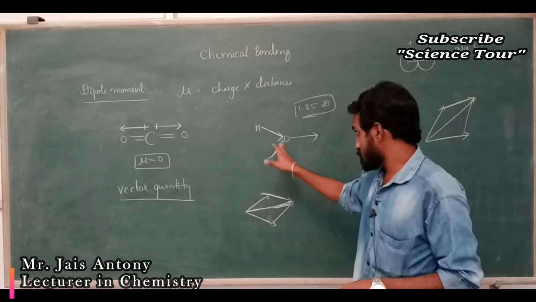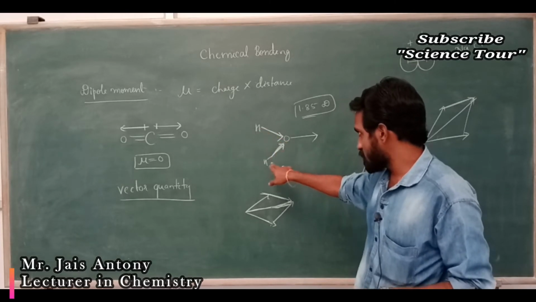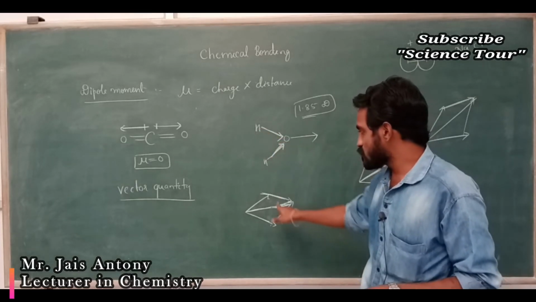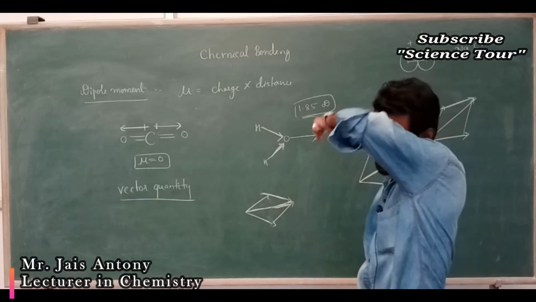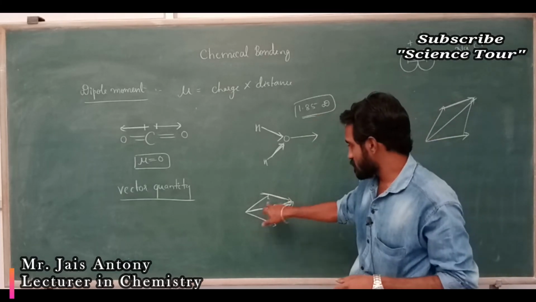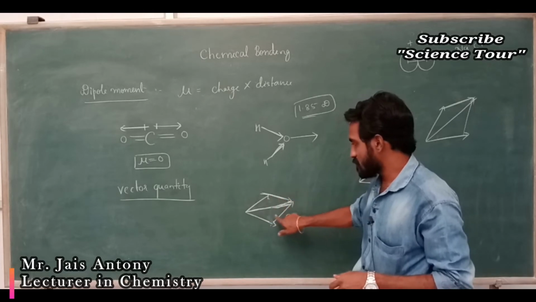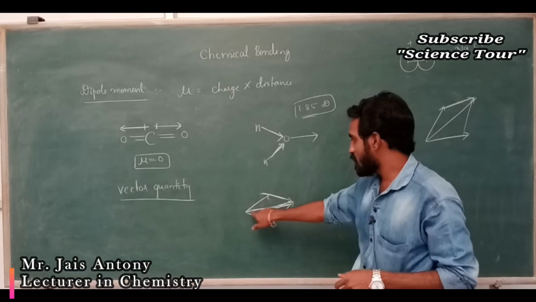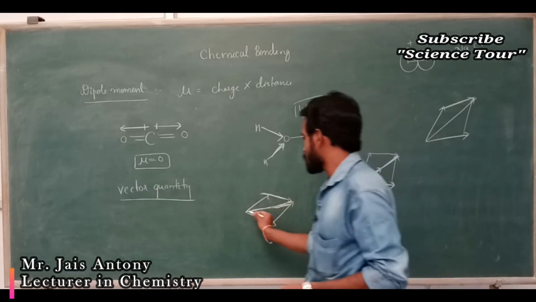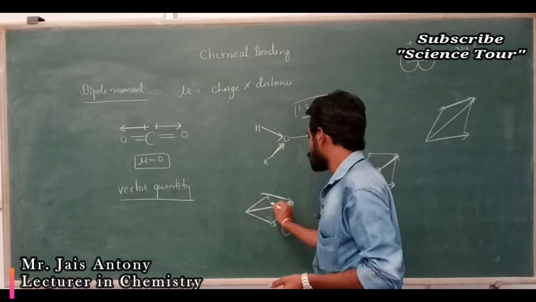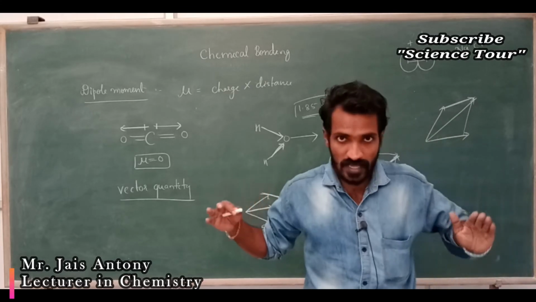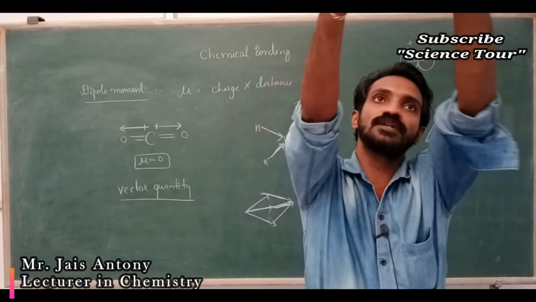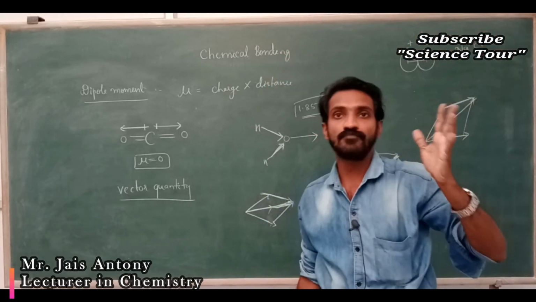In this case, here to here polarity is there, here to here polarity is there. You should draw one resultant vector, meaning a parallelogram: for this line, this is the parallel line, and the resultant dipole moment is nothing but this one. This is also on the same side. All the electron movement, all the electron polarity is towards the same side. That means it shows dipole moment.